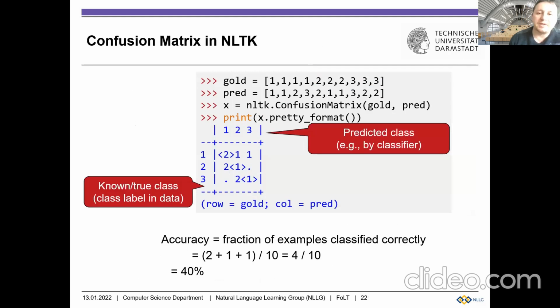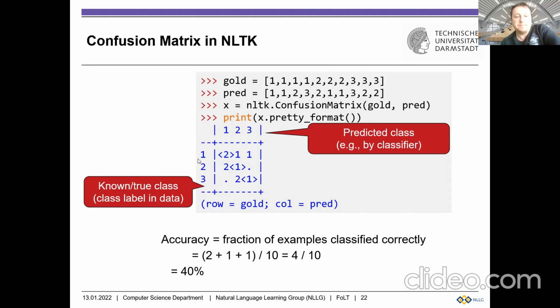So how can we generalize this from a binary setting, retrieved, not retrieved, relevant, not relevant, to a multi-class setting where we have multiple classes? In this case, we can get a precision and a recall for each of the classes. So let's assume we have gold labels of 1, 2, 3, and we have predictions also 1, 2, 3 in different forms. We can get the confusion matrix from NLTK, comparing the gold to the predictions, and we would get such a contingency table.